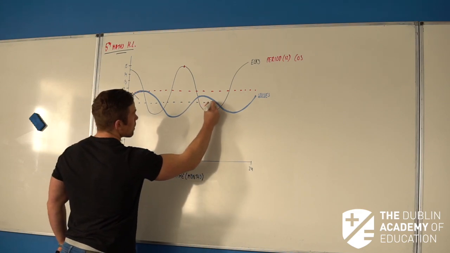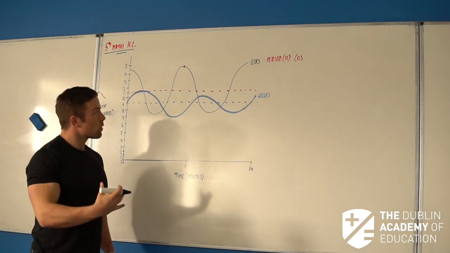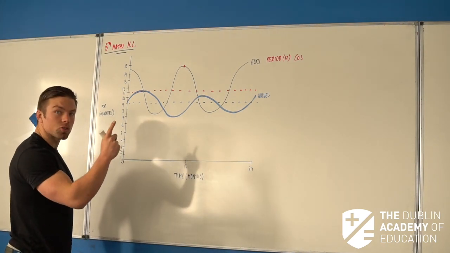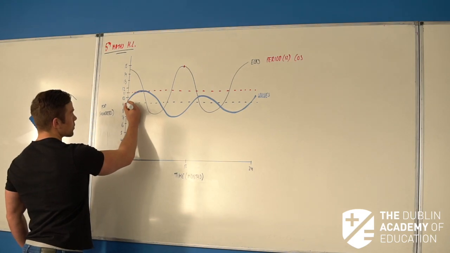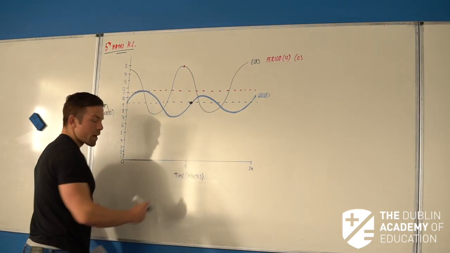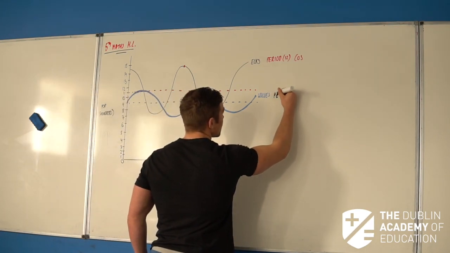So I draw a midline across there, and then I ask myself, okay, what's its period? Now its period actually ends up being the same. Again, it probably doesn't look like it on my graph, but it starts at the middle, goes up, down and around. Okay, and if you go down and use your graph here, you will see that the period is actually 12